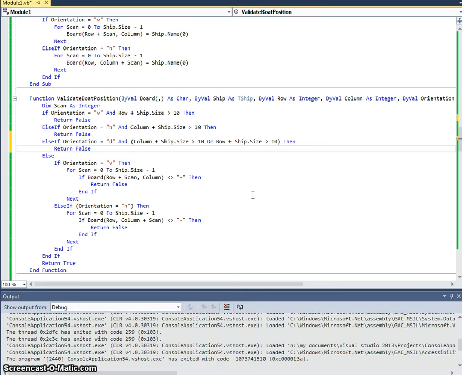Now this is a diagonal in a particular way. So obviously we could do a diagonal one way and we could do a diagonal the other by looking at the row minus the ship size, or the column minus the ship size. So there's a couple of different ways of doing that diagonal. For this we're going to keep it simple, just one diagonal, simple. We've got the vertical in there, we've got the horizontal, so let's